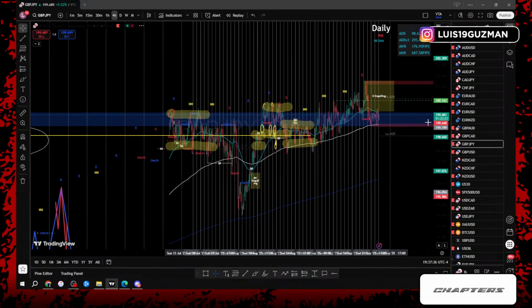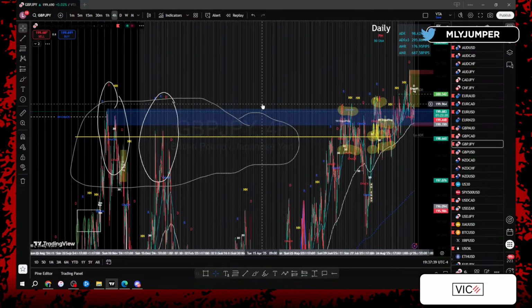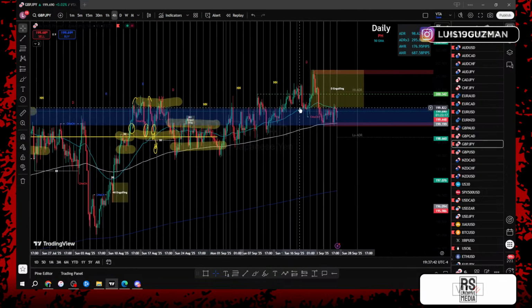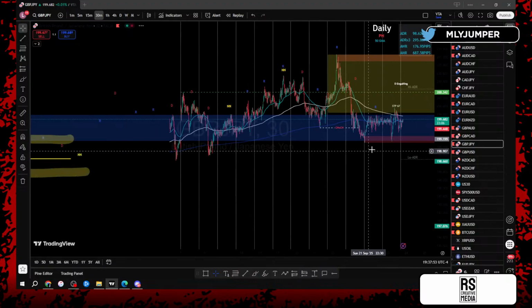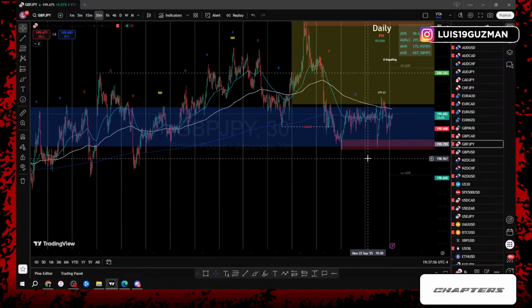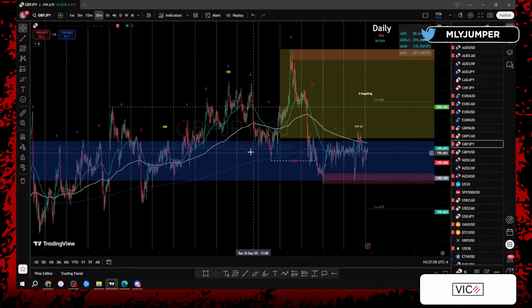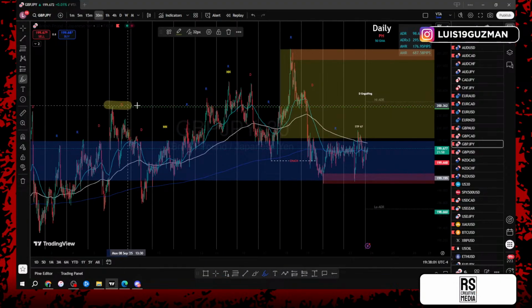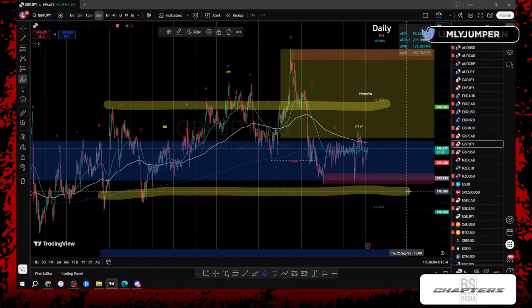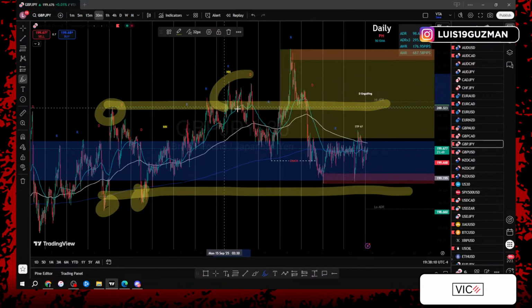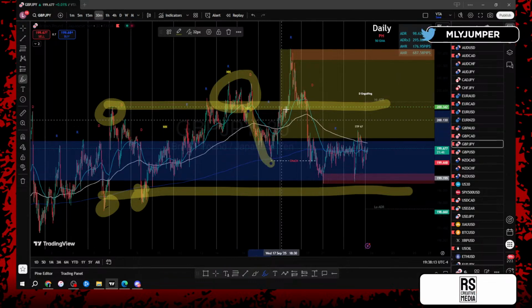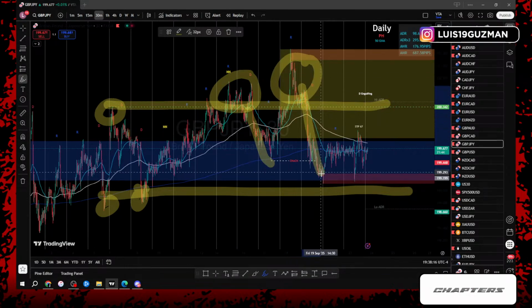On the 4-hour time frame, price didn't give us a nice break, just an inducement, not a valid break. At this point, price hasn't given us an engulfing candle on the 4-hour. Still not gonna move the 4-hour highs just yet. And on the 30-minute, we can see price is just consolidating. Really big zone where price is just rejecting lows, rejecting highs, rejecting lows, rejecting highs, going back to the middle, rejecting highs, going back to the middle.